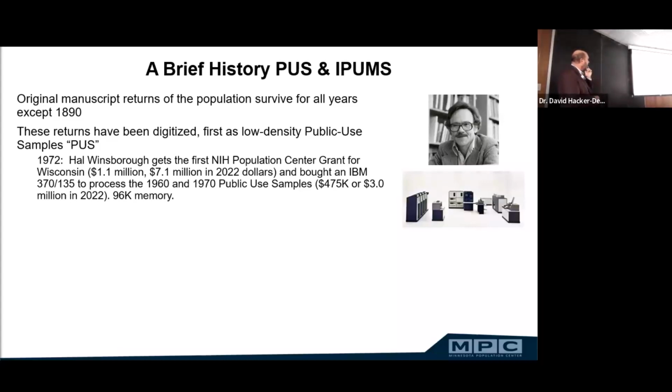And here at Wisconsin, Hal Winsborough gets the first NIH Population Center grant and also buys an IBM 370 to process these public use samples of the 1960 and 1970 censuses for the low price of $475,000, about $3 million